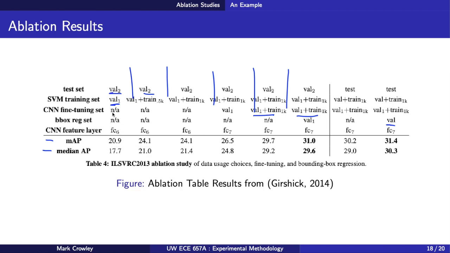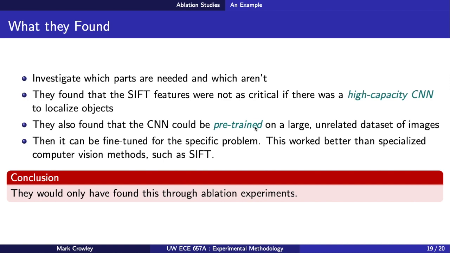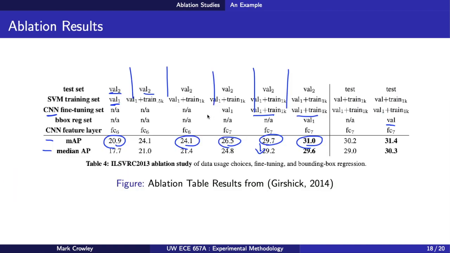So the ones that have the simplest model from the original paper have the lowest. And as they add more of their components, the performance of their algorithm gets better and better. So this would be the ideal setting where you're showing that every combination of the different things you've proposed are actually necessary because they increase the performance, and when you have them all together, you get the highest performance. This may not always be the case, right? If it turned out that the CNN wasn't useful, then this number could be lower, and you might only need the other part, right? One thing they did find in theirs is that they found that the original features being used